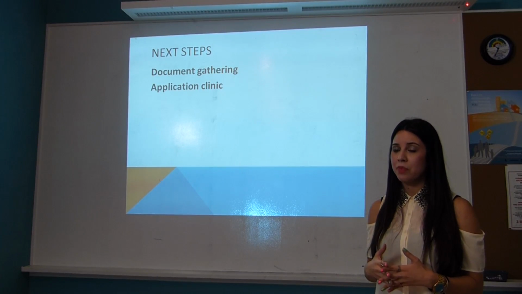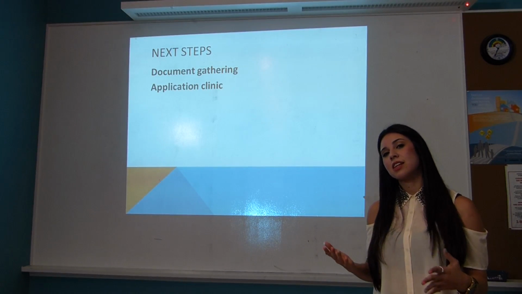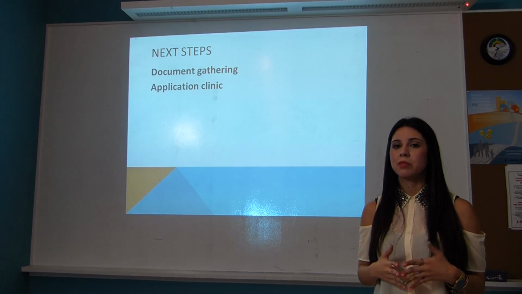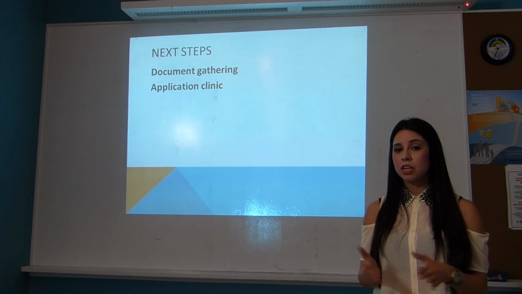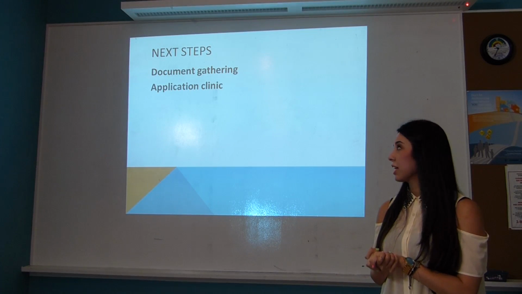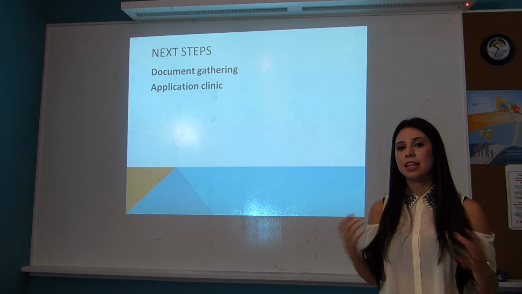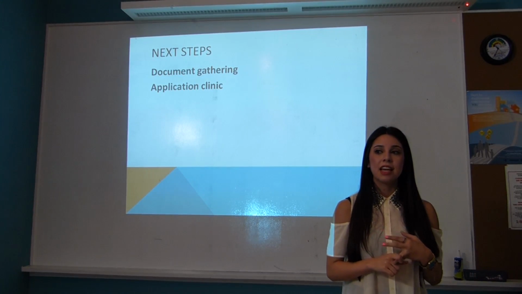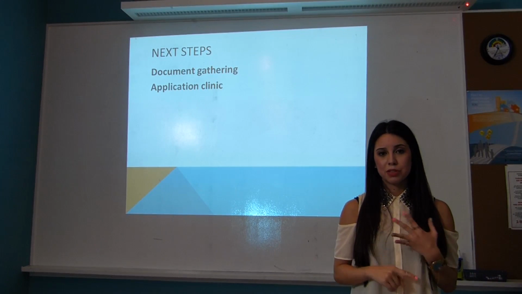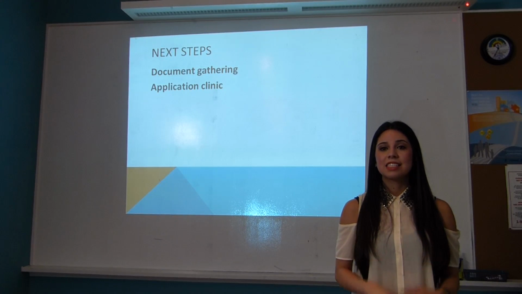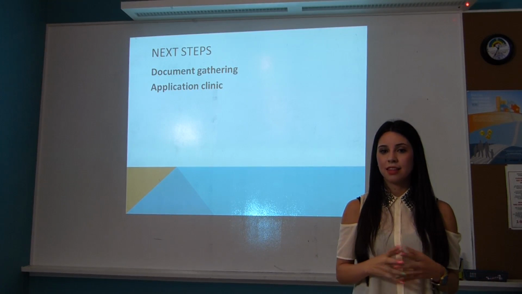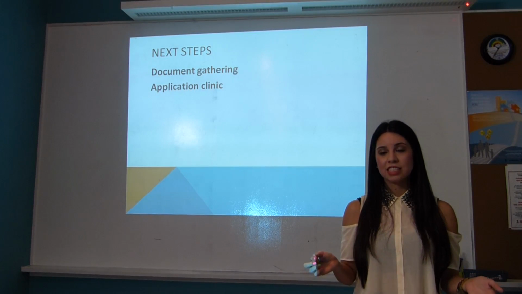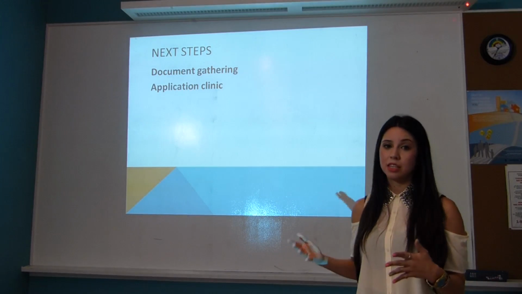So once you give the applicant the information packet and explain thoroughly what they need to do, what they need to gather, then they need to start sorting through their documents. They need to go home. We give them about 3 to 4 weeks before we give them an appointment and get everything in order for their application. And then at the application clinic, they come with all of their documents, with the checklist, with the address list, passport photos, money order if they have it, and they sit down with one of the attorneys or the volunteers and do their application while someone sorts through their documents.